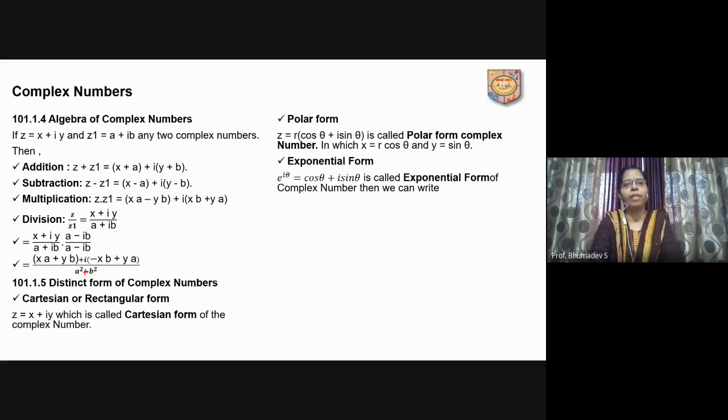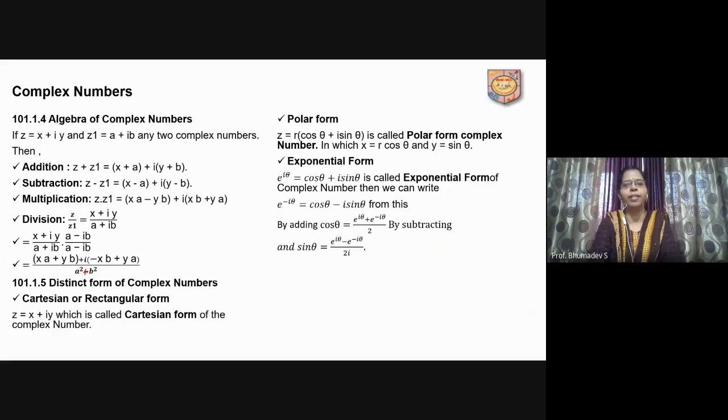And we have the exponential form, which we will often be using throughout this chapter, which is e raised to i theta, equal to cos theta plus i sin theta. It's called the exponential form of the complex number. Then its conjugate can be written as e raised to minus i theta, which is cos theta minus i sin theta. From this, when we are adding the above two numbers, we will be getting cos theta